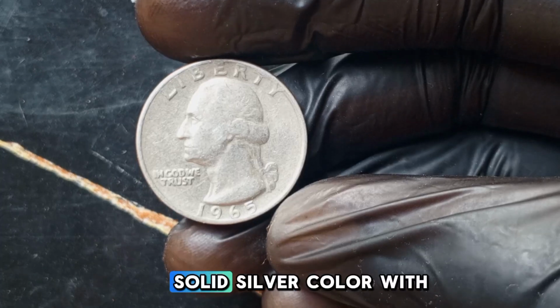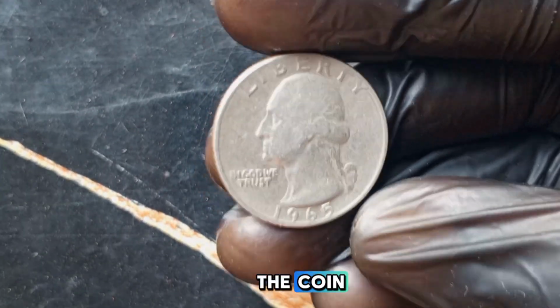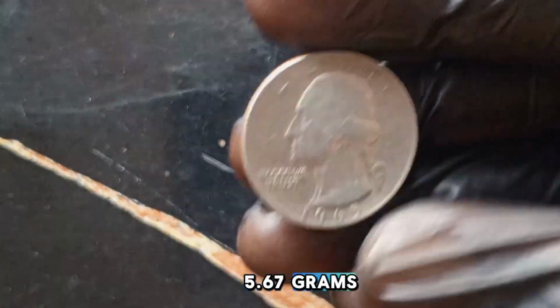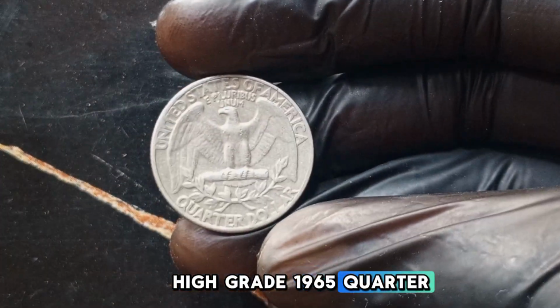If you see a solid silver color with no copper strip, that's a good sign it might be silver. You can also weigh the coin. Silver quarters weigh about 6.25 grams, while clad quarters weigh 5.67 grams. If you're lucky enough to find one of these silver planchet errors or a high-grade 1965 quarter, the value could